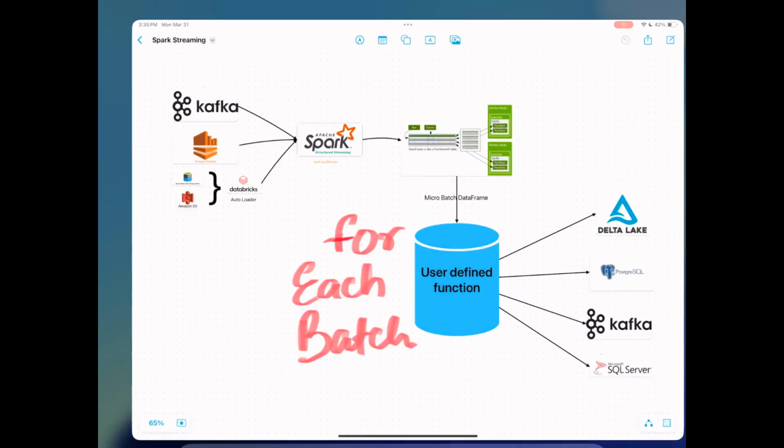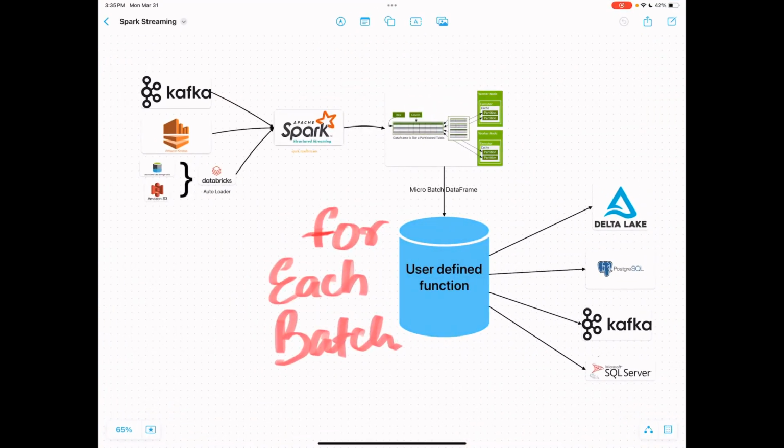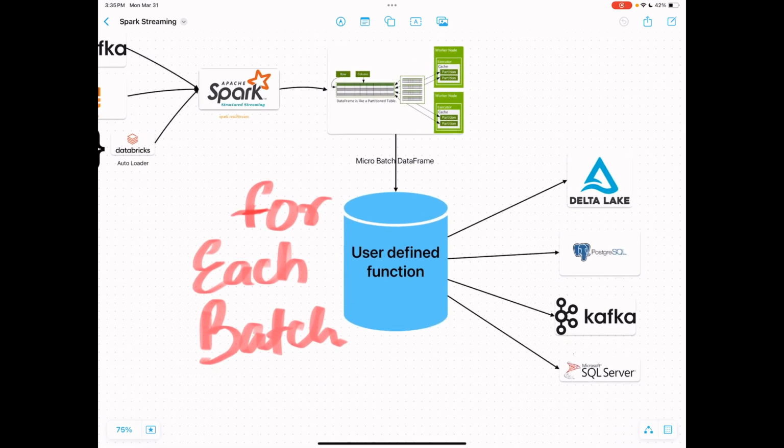Here's a quick video about Spark streaming's ForEachBatch mode. So first question first, why would you ever use ForEachBatch? Not every target is supported by Spark streaming as of now. That's where the ForEachBatch function comes in handy, because Spark can support writes to Postgres, SQL Server, Delta, Kafka, almost